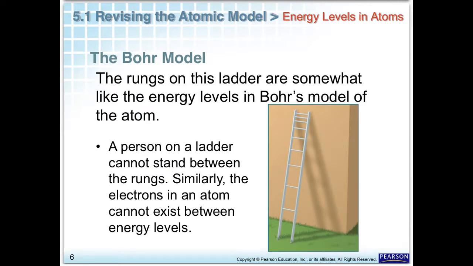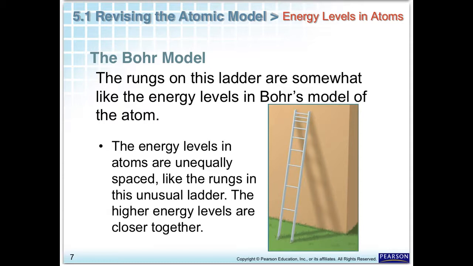A good way to think about these energy levels and the quantum of energy is a ladder. Thinking about a ladder, you can't stand in between the rungs. The same thing, electrons in an atom cannot be between energy levels. So each rung of the ladder is a different energy level in the atom. In order to get from one energy level to the next, the amount of energy that's required is what we would call the quantum